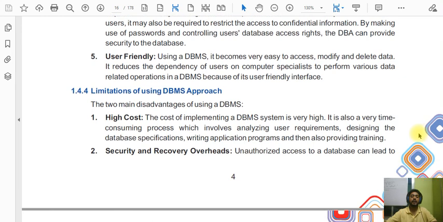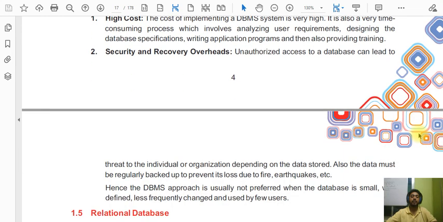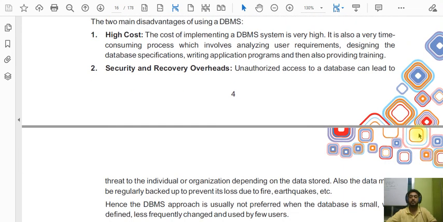Now, what are the limitations of a database? First of all, high cost. Now, this high cost thing is applicable only when we are storing a huge amount of data. Like, just think about the Facebook server that is storing a huge amount of data of millions and millions of users